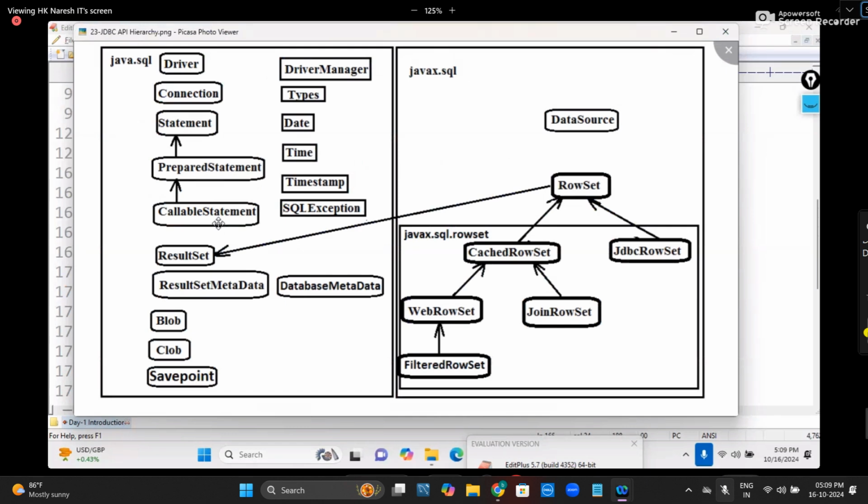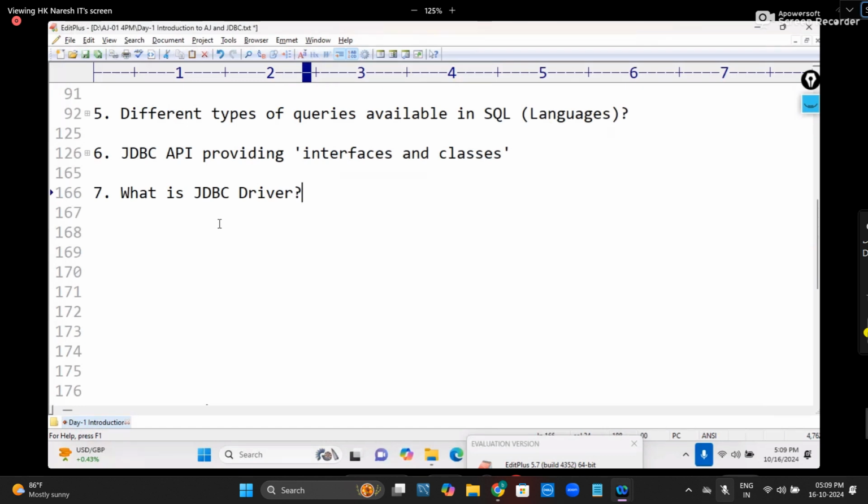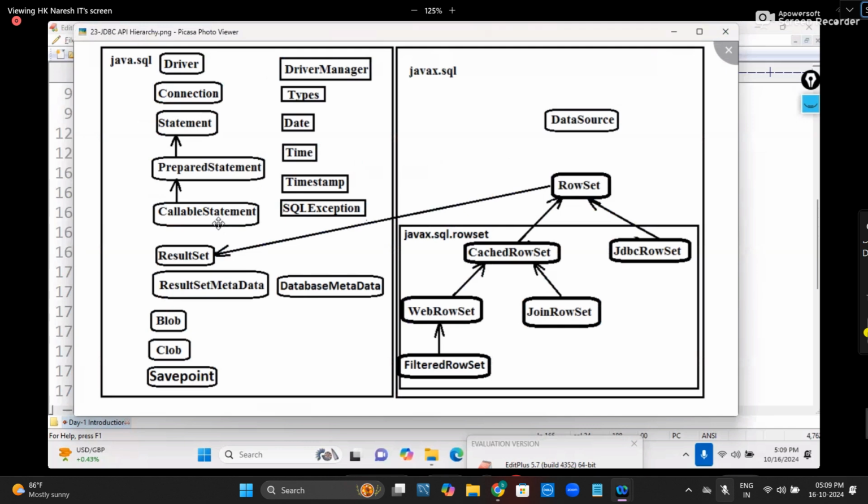First interface name is what? Yeah, that Driver, this driver, both are the same? No. That Driver is different, this driver is different. Okay. Now tell me: Driver, Connection, Statement, PreparedStatement, CallableStatement, ResultSetMetaData, DatabaseMetaData, Blob, Clob, Savepoint, DataSource, RowSet. All these classes are